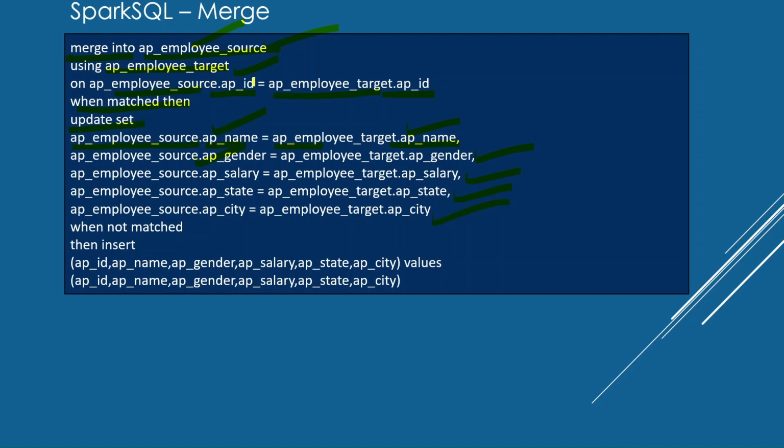So if this AP ID matches, the data which is present in the target table will be updated in the source table. And when not matched, then what will it do? It will do an insert statement. Where will it do the insert statement? It will insert into AP source. So the AP source table again.